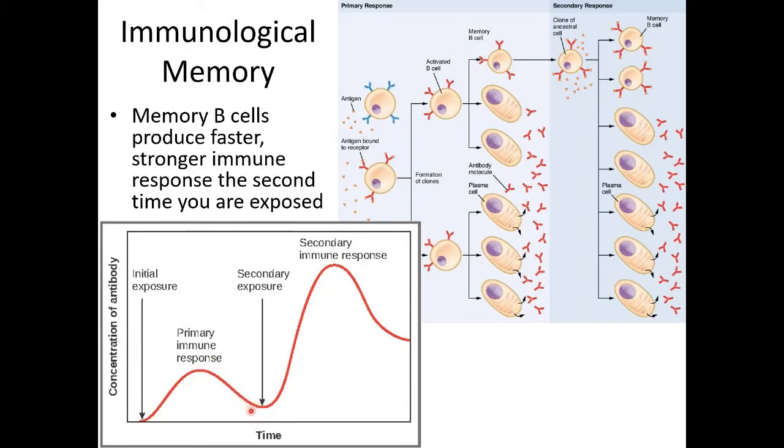After this primary exposure, we can see that we never completely get rid of those antibodies. We still have these memory cells which are still capable of producing antibodies. So we always have a little bit of a presence of these antibodies in our system. And so the very next time that you're exposed, the secondary exposure, what we see is absolutely no delay. And we also see a really steep slope, so we're producing lots more antibodies a lot more quickly. You can see that this is the maximum immune response after your first exposure, and this is the maximum response of your second exposure. And so this is certainly beneficial to us to remember pathogens and